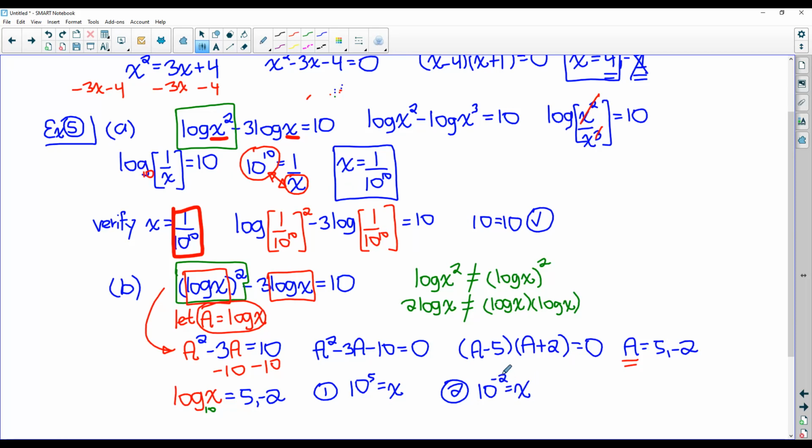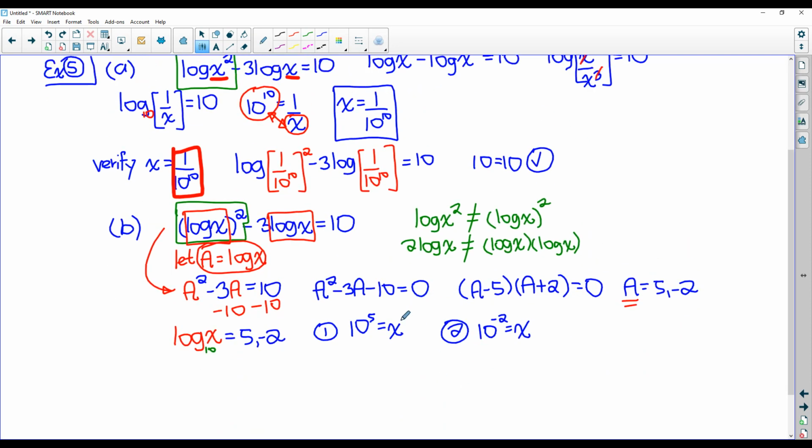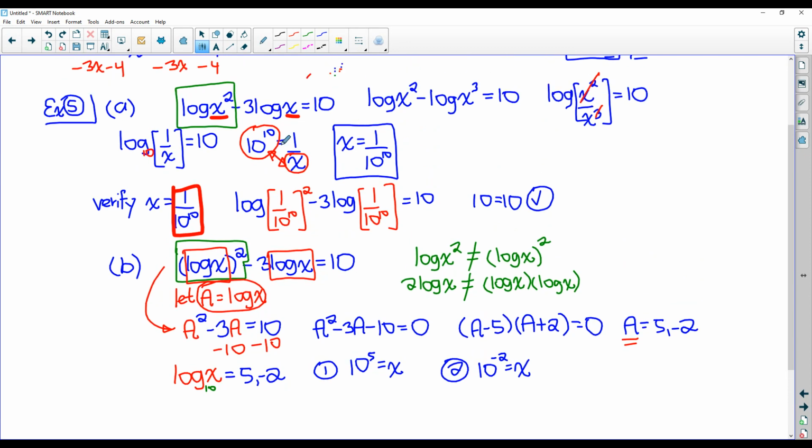Now that negative is okay because that's not an argument or a base, okay? So that's not really an issue. And then what you need to do again is, once you get these two solutions, plug them back into the original equation, just see if both the left and the right-hand side verify. But